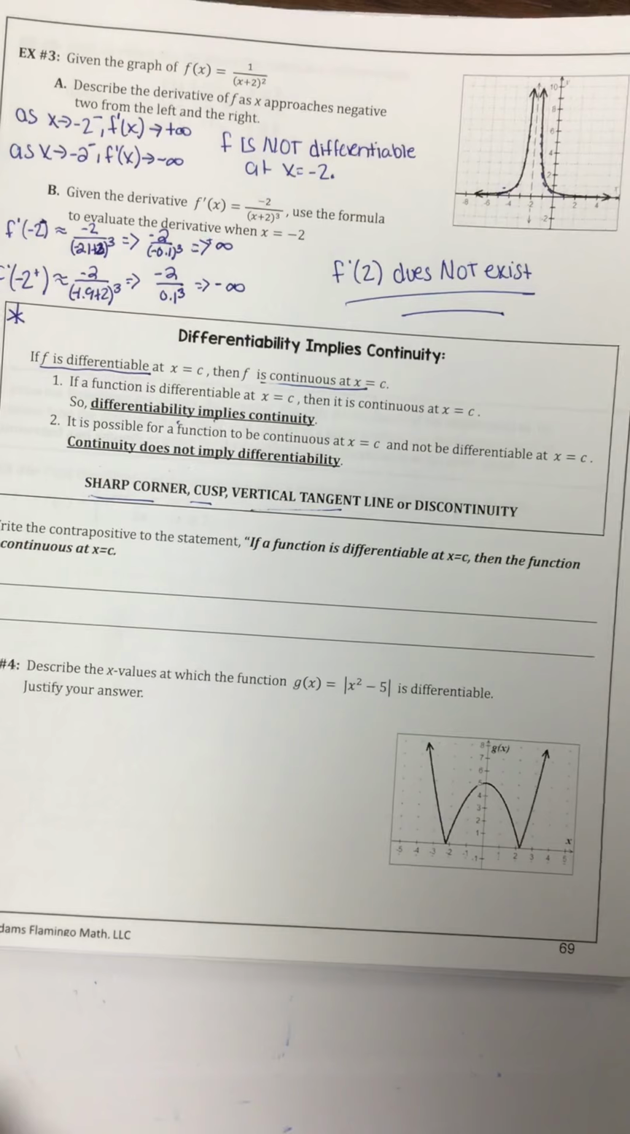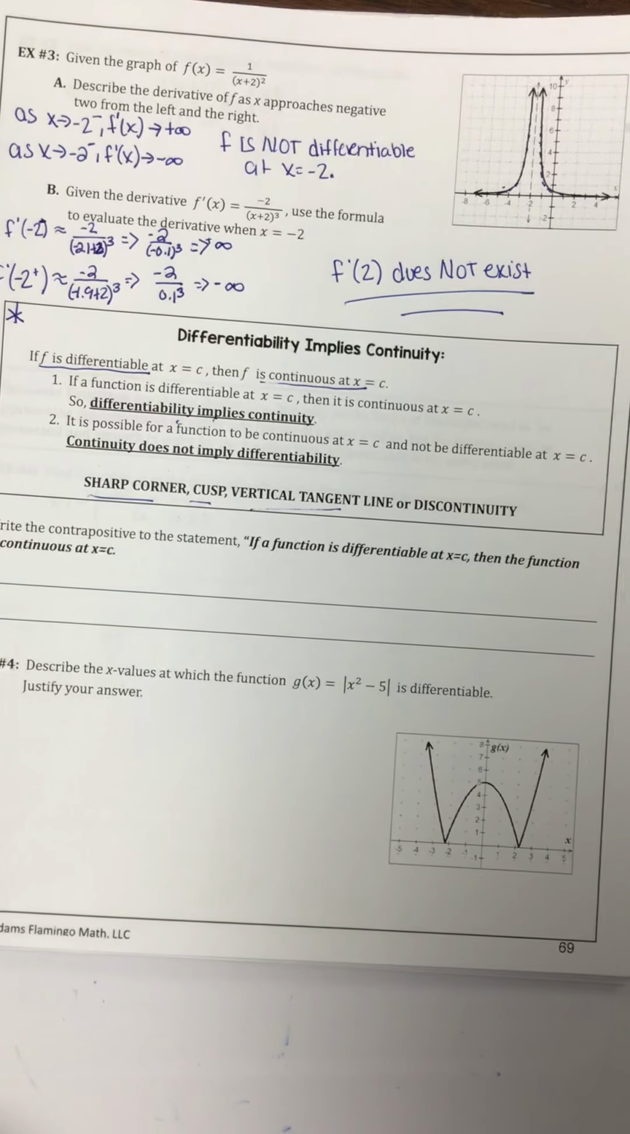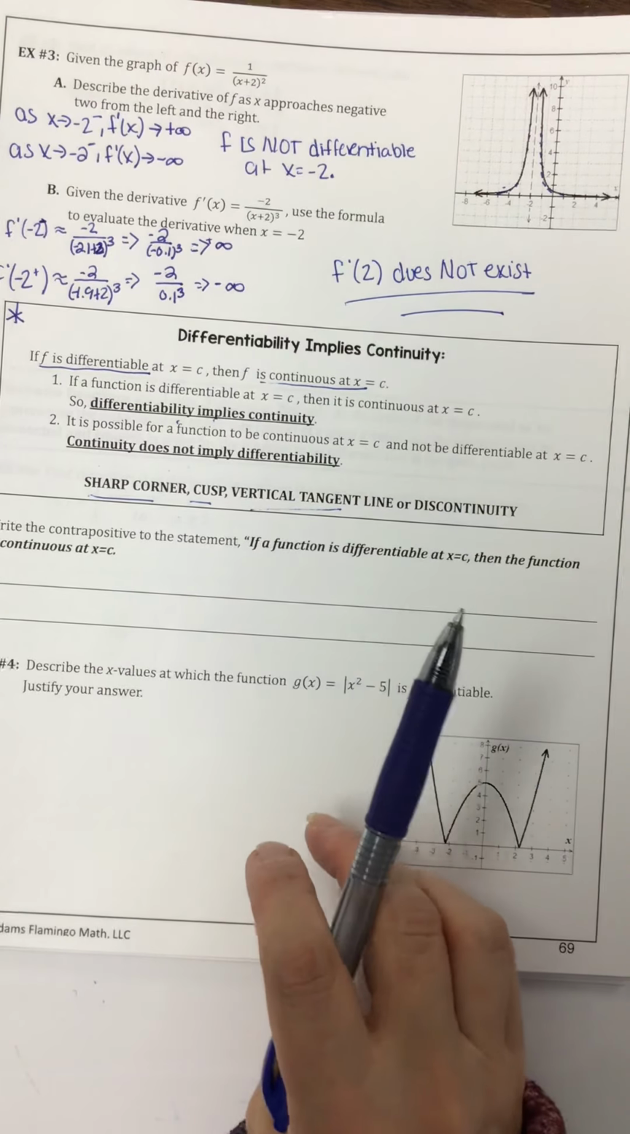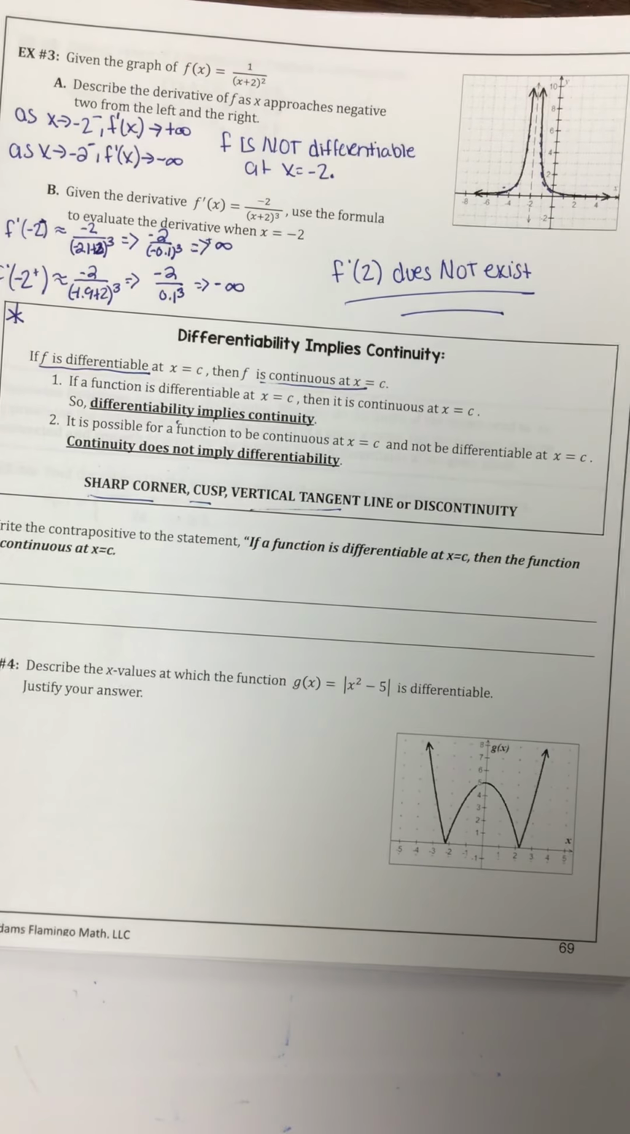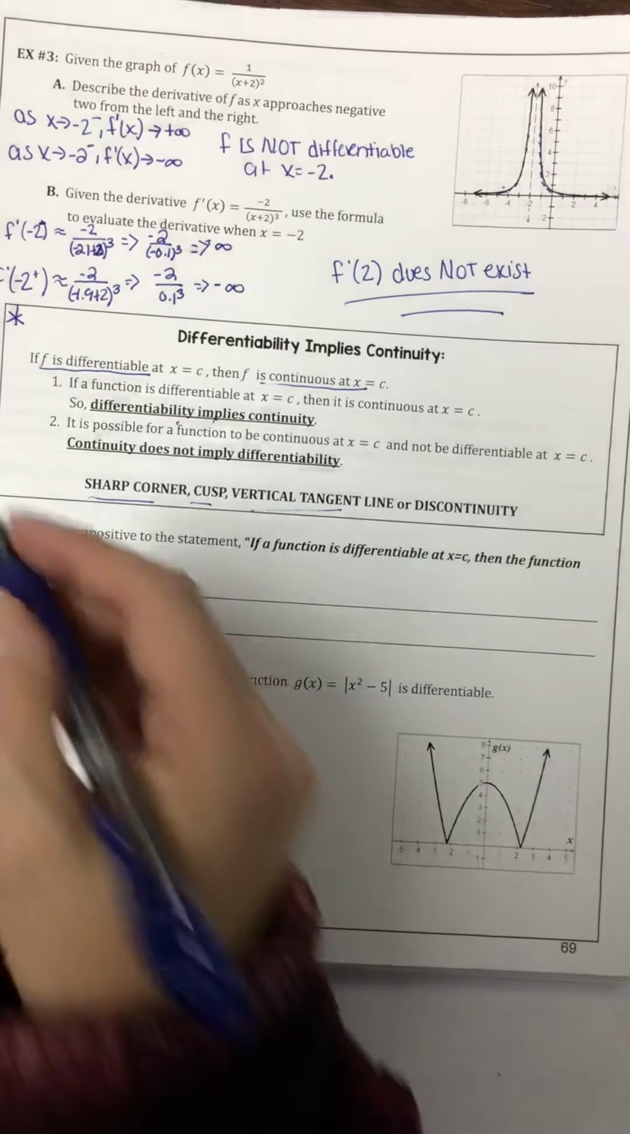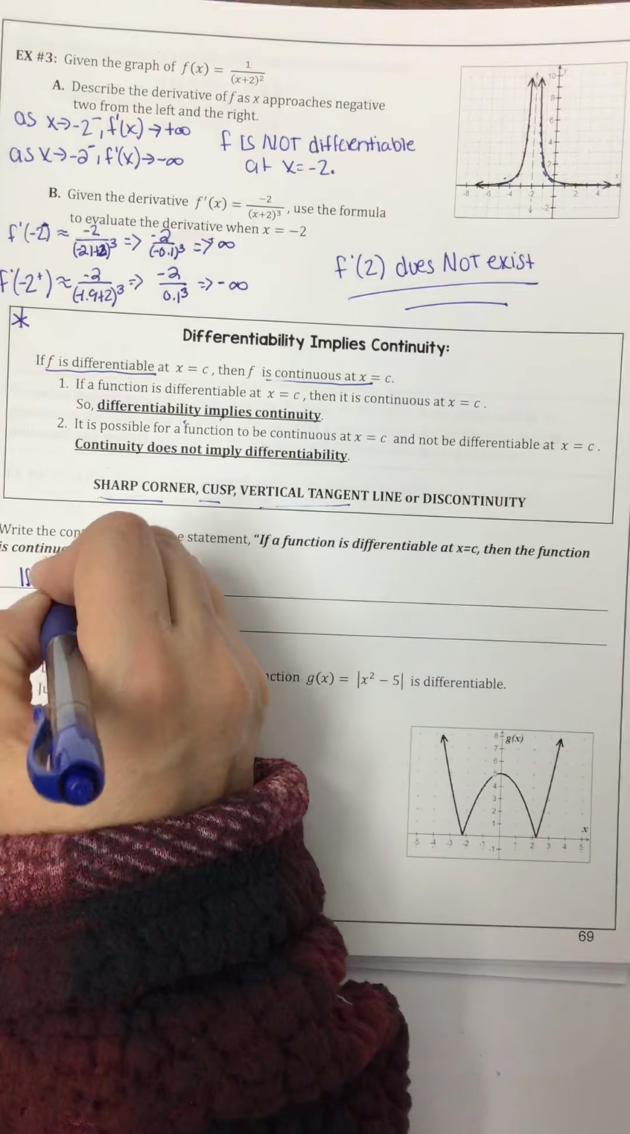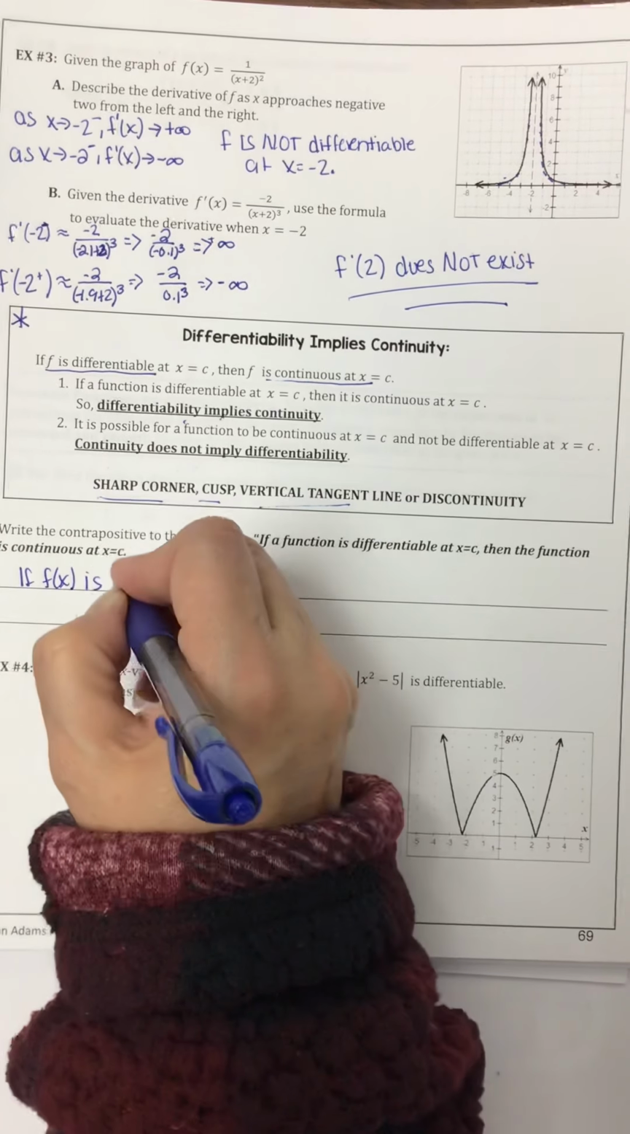All right, write a contrapositive statement. If a function is differentiable at x equals c, then the function is continuous at x equals c. It's been a while since I've done contrapositive. Right? So what are we talking about? Right here, we don't have any negatives, right? But two negatives make a positive, don't they? So that would make it positive. Contra means we've got to say the opposite. So how about if a function is not continuous